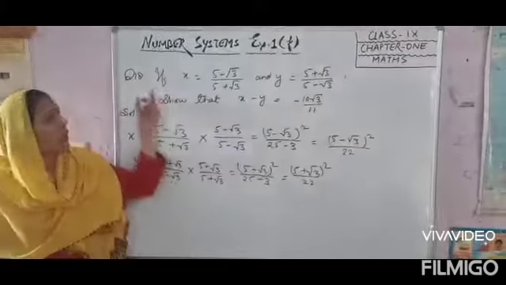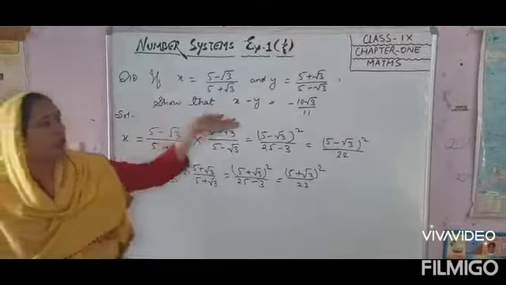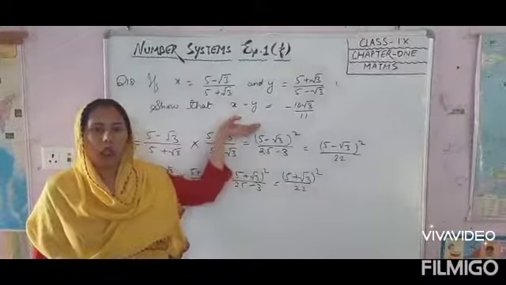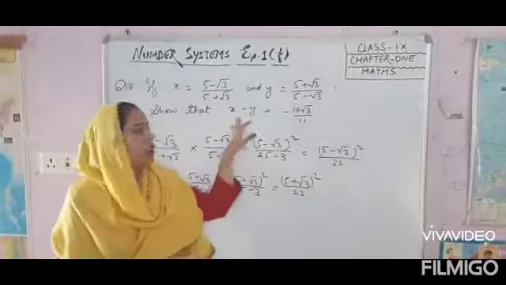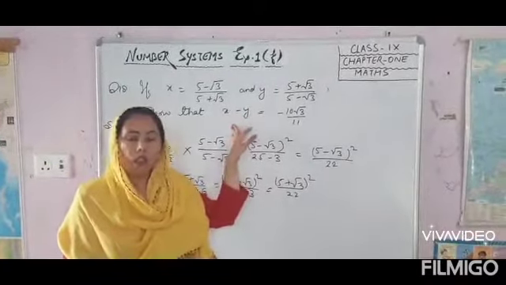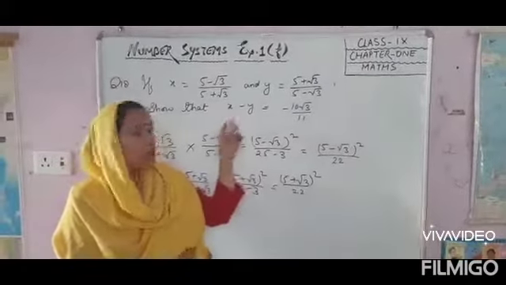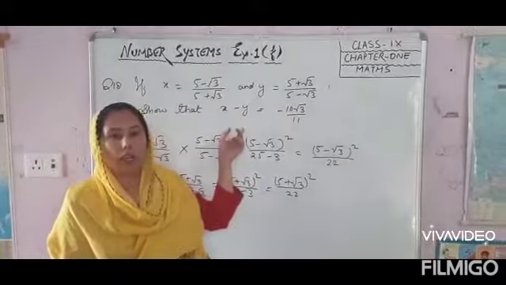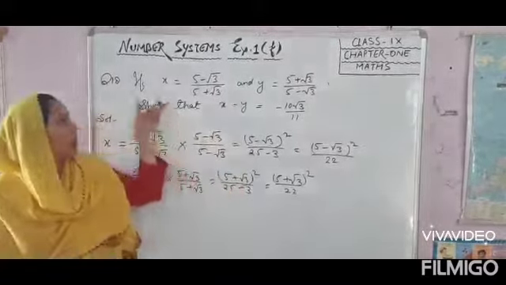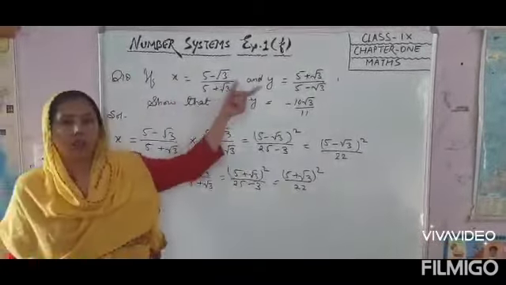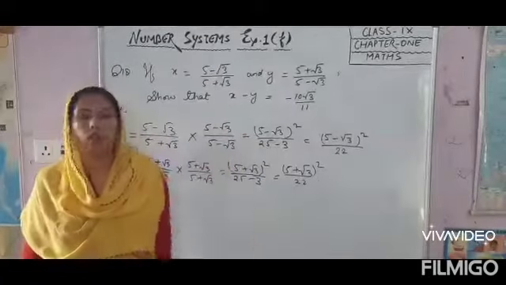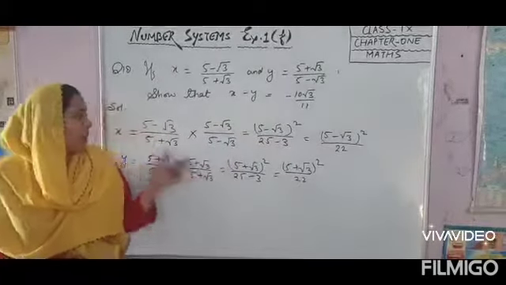Now question number 18: they said to find the value of x minus y. In the old edition, it was written in the same question as x square minus y square. So please correct that question; it is actually x minus y. In question number 18 the values of x and y are both given and they said to find the value of x minus y.